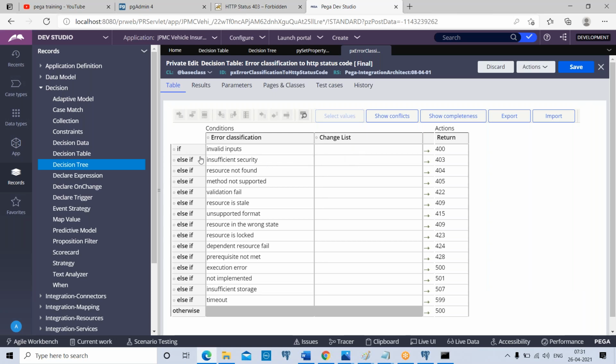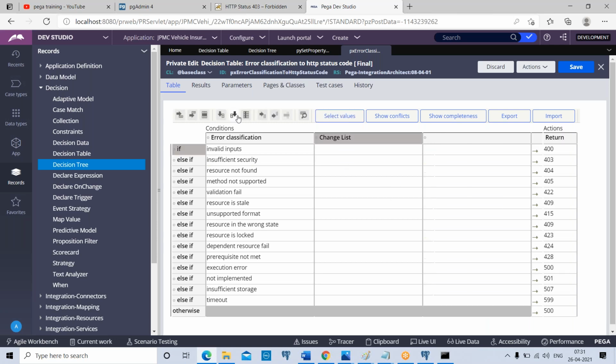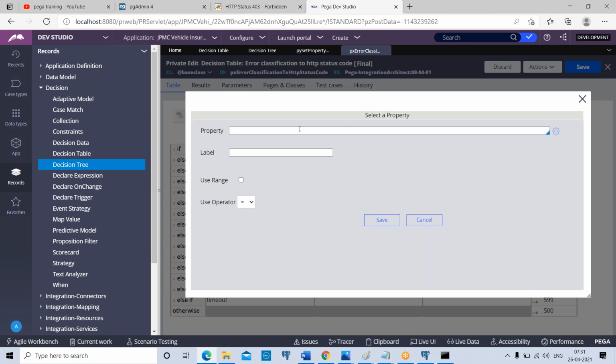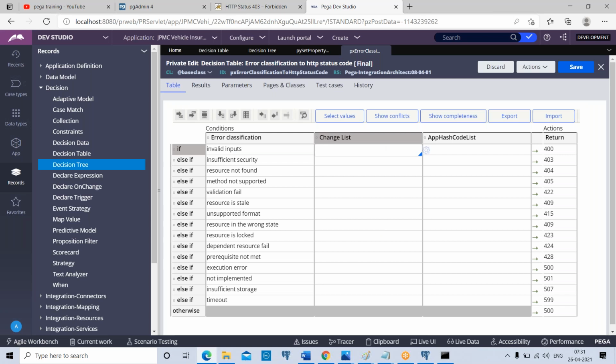So this is about decision table. You can add one more column, and choose one more property, and write the condition based on multiple properties. Let's say, v1, v2, v3, v4. So if error classification is equal to some value, change list is equal to some value, app hash code is equal to some value, what is the operator between these three columns?